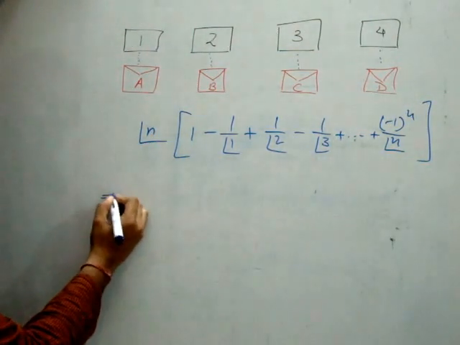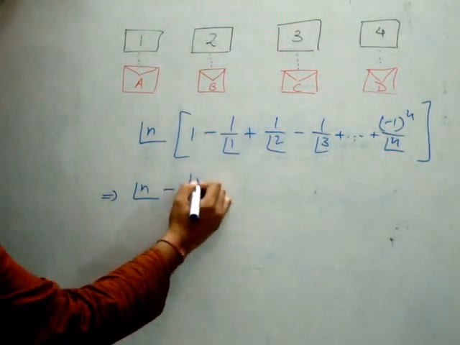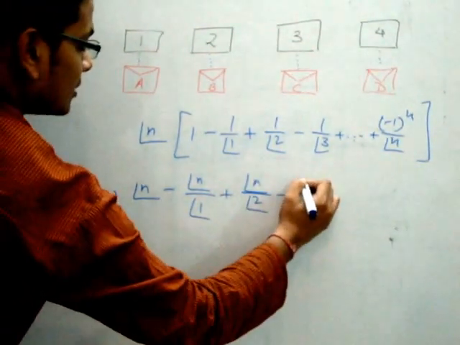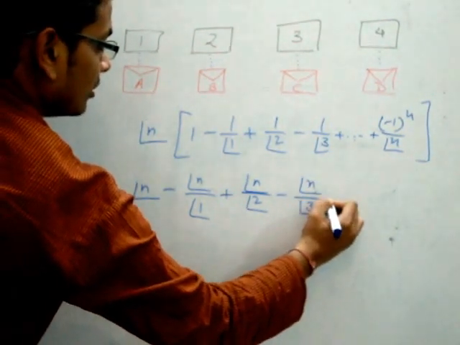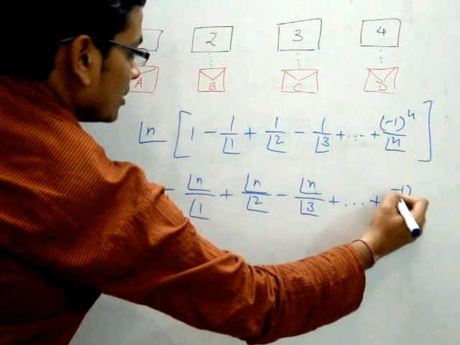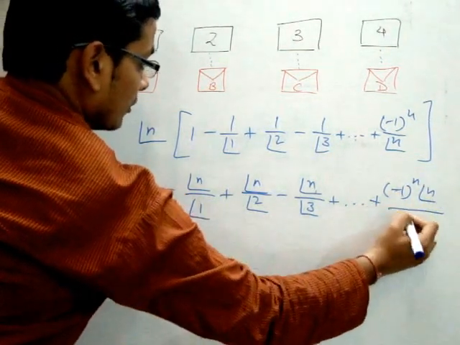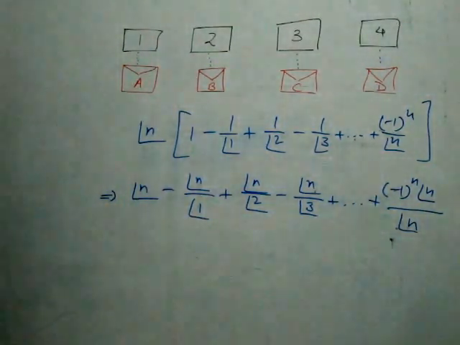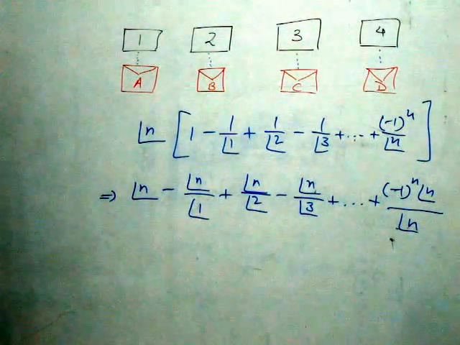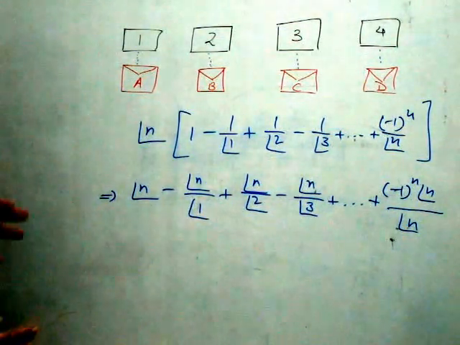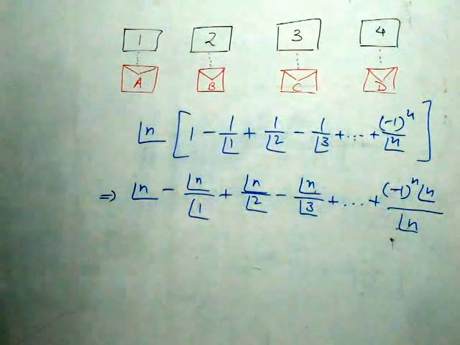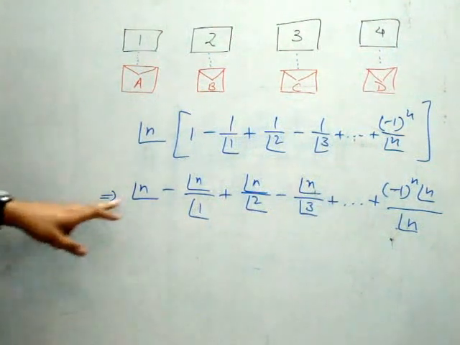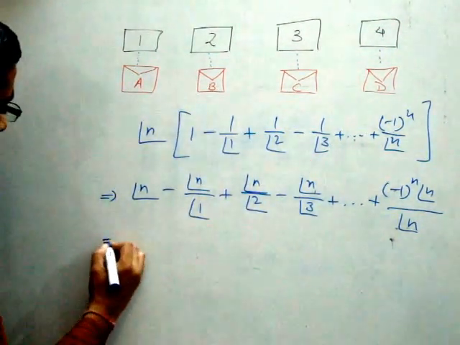This whole thing can also be written as factorial n minus factorial n upon factorial 1 plus factorial n upon factorial 2 minus factorial n upon factorial 3 plus up to minus 1 to the power n factorial n upon factorial n. So what is this? If we remember the formula for the permutation, P, it is factorial n upon factorial n minus r. So this is actually factorial n upon factorial n minus 1. So this whole thing can also be written as